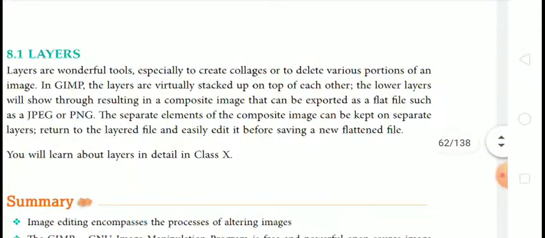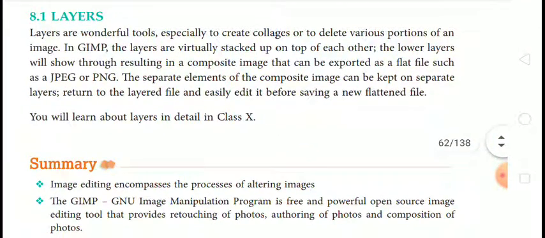The next topic is layers. We will see what a layer is. Layers are wonderful tools, especially to create, colleague or delete various portions of an image. In GIMP, the layers are virtually stacked up on top of each other. Means layers are stacked virtually on top of each other.